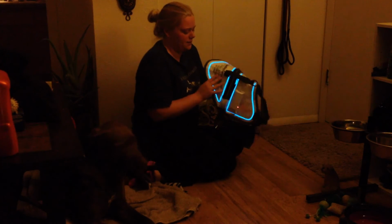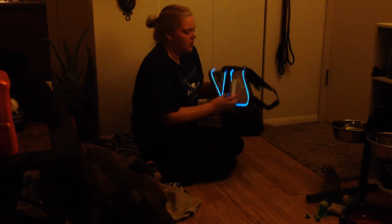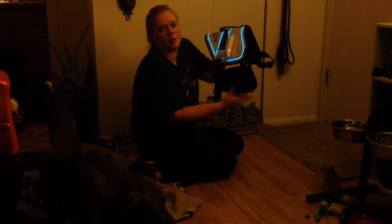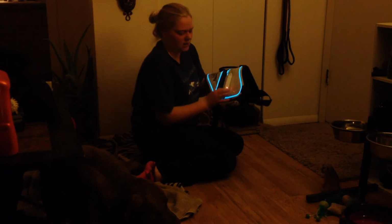So this says working service dog, public access required by law. I don't really put any patches on there, but I do have a pack right here that has a do not pet patch that I could just transfer on there. It has all my medications, paperwork, and stuff like that. We use this a lot at